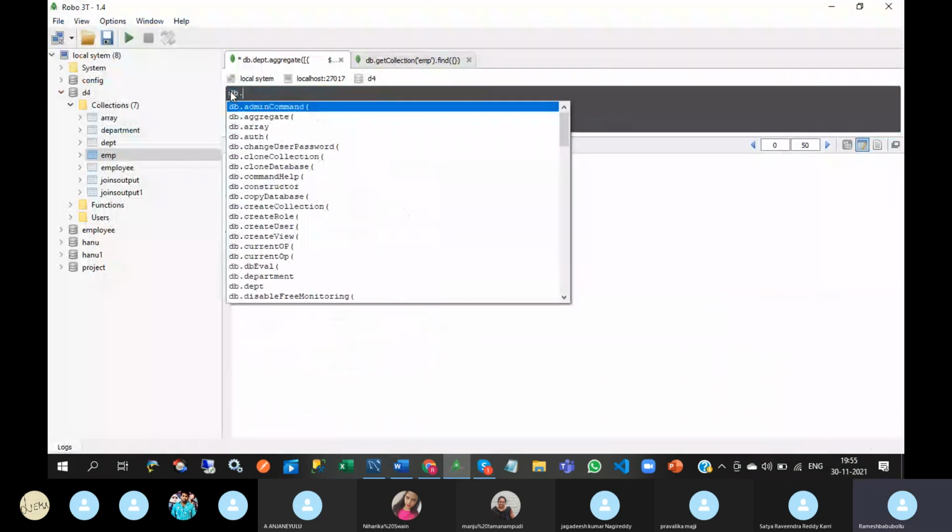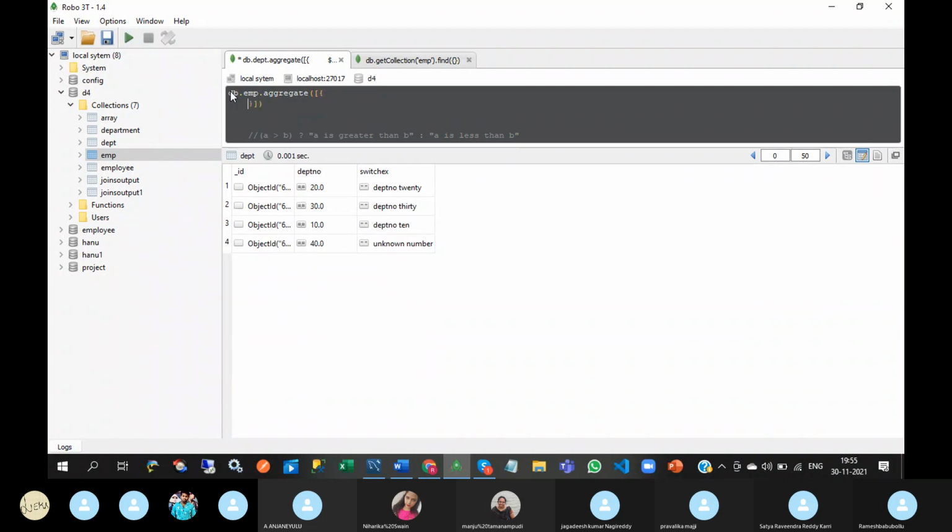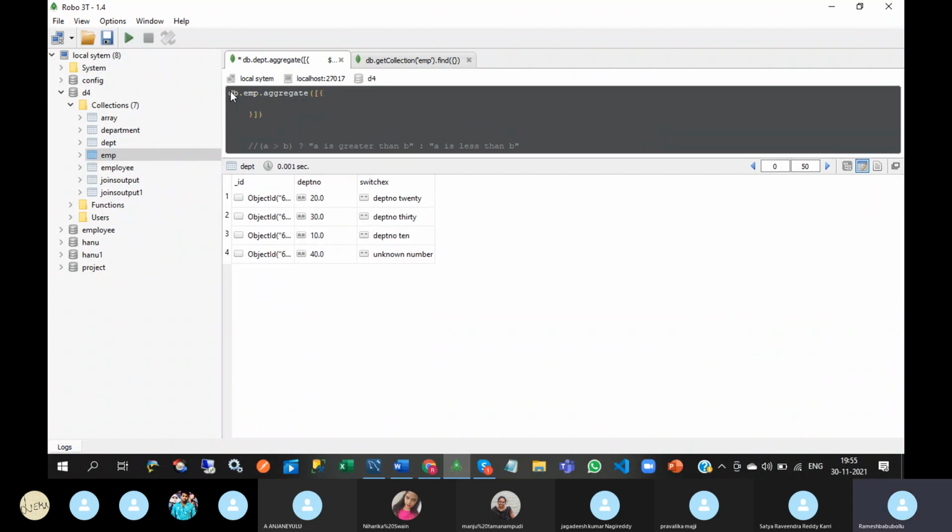So db.emp.aggregate. Here the group operator is there, just like RDBMS. See this.